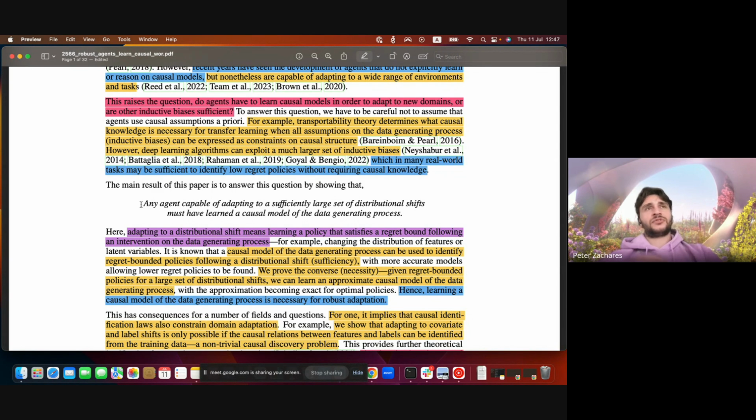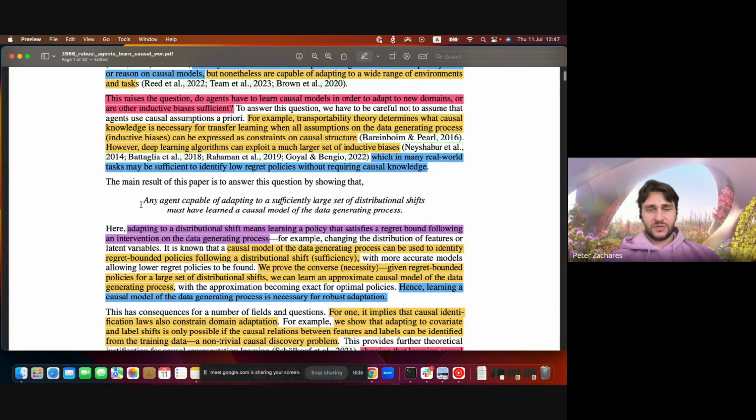But I'm trying not to use too much of the language because I haven't gone into it. Just maybe as a precursor, one thing we've known for a while is that the one way you can identify a causal world model is by performing interventions and measuring the related variables and the values they take on. That's a necessary condition, and that's what the sufficiently large set of distribution shifts means. The only way you're actually able to identify these models is if you have access to a large number of distribution shifts.